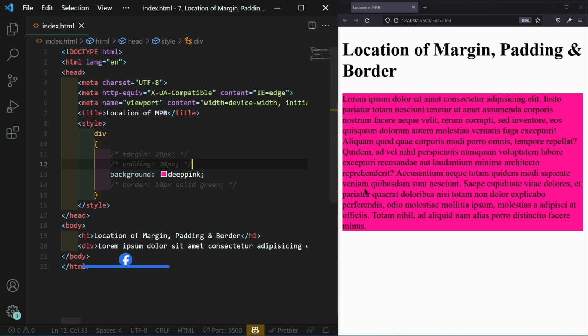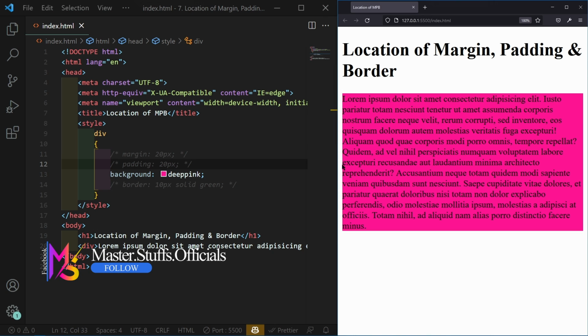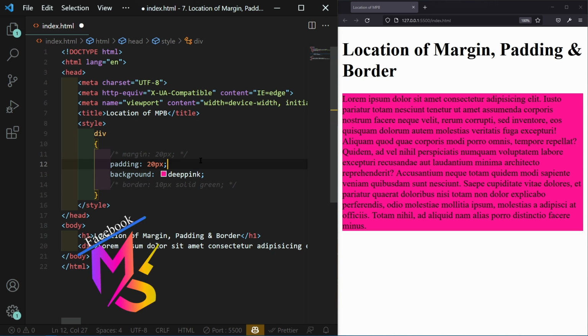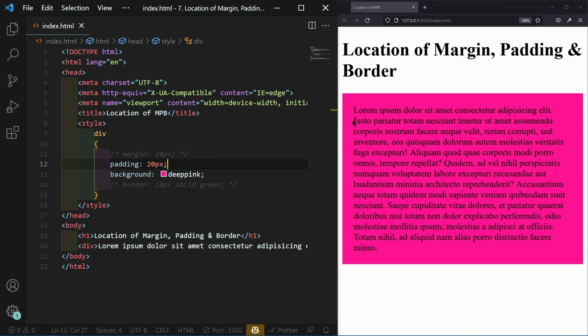Before that, carefully see the space between this element and the text. Now I just comment in the padding and save this. After saving, you can see a space has been created inside the content, inside the div element. The text has been pushed in by 20 pixels everywhere: top, right, bottom, left. So this is the padding.